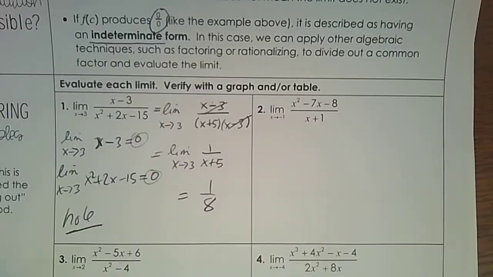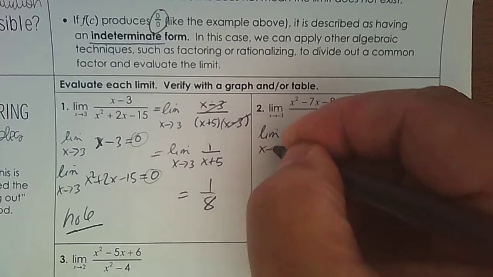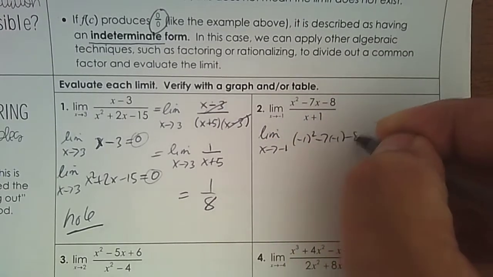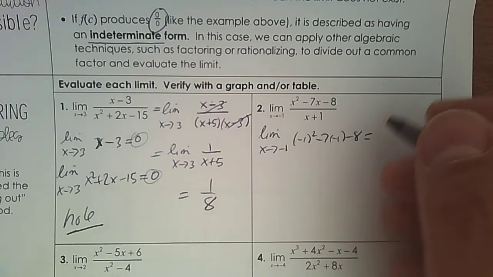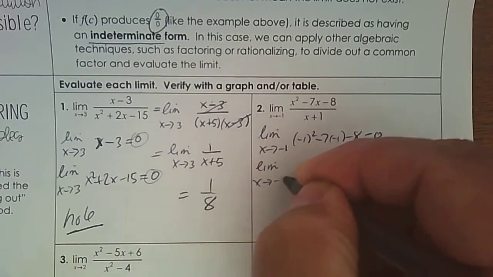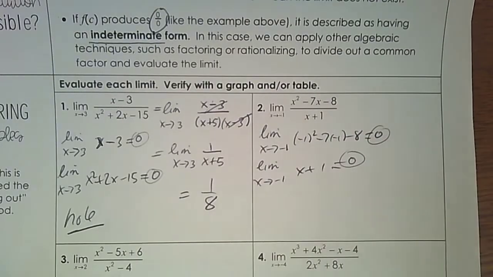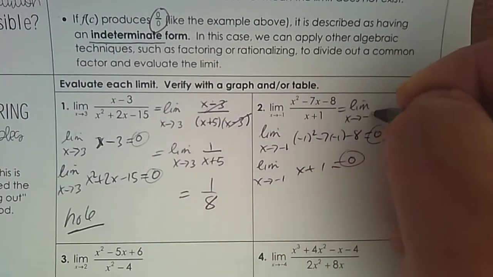Number 2, plug in negative 1. Into the numerator, if I plug in negative 1 and then simplify it, that's clearly 0. I'm going to do the same thing with the denominator, and that is clearly 0. So this means it's indeterminate, which means up here, I'm going to write it over again, but I'm going to